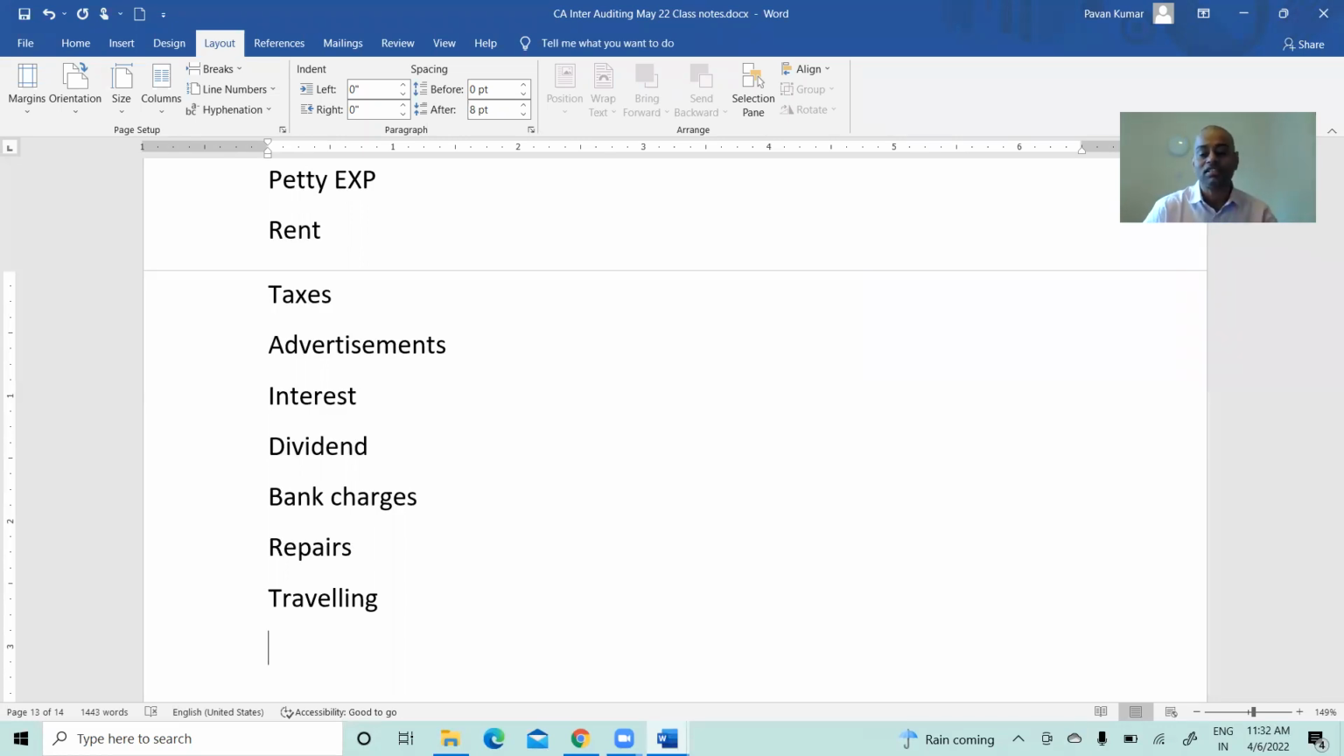I'm asking you questions. In taxes, there can be various types of taxes. It can be advance tax, GST, income tax. It can be central excise or customs or import duties, or some dividend distribution tax. Okay, transportation cost, freight,